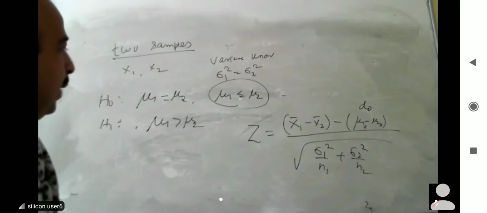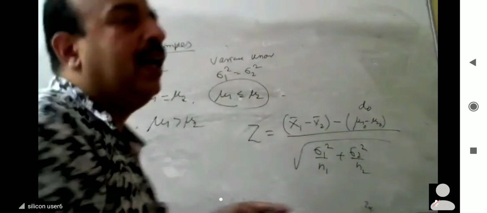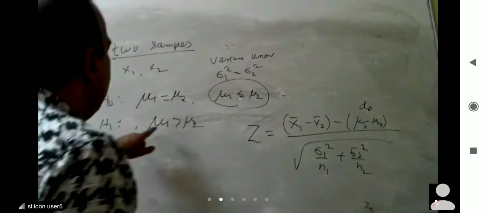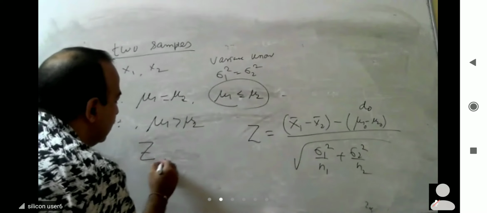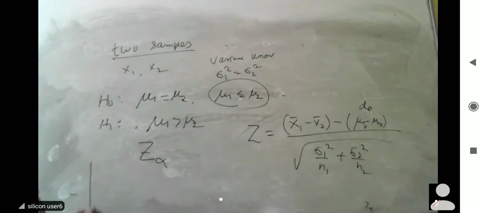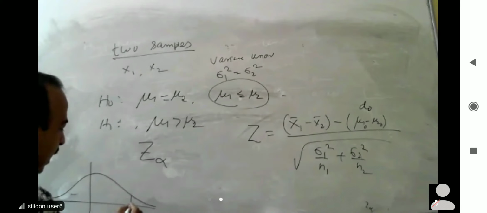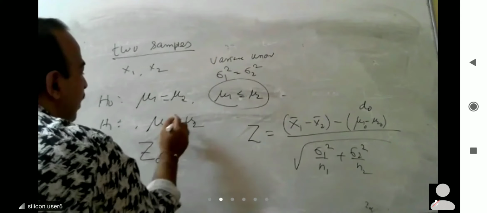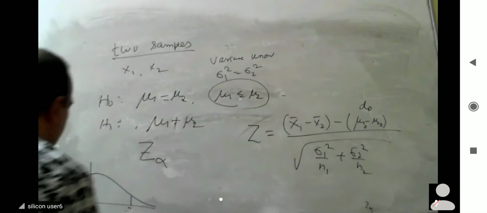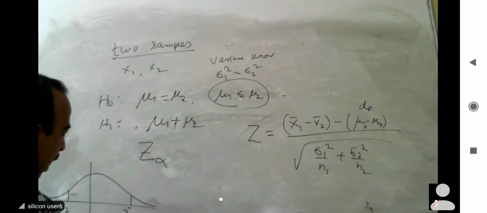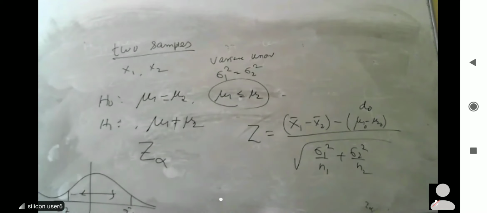Then, if it is two tail, in single tail, as I have already discussed, we will not find the confidence interval. Because if it is a right tail, to test the hypothesis, you find Z alpha, meaning this side, the right tail. If it is a left tail, you find this side, minus Z alpha. If it is a two tail, then you find alpha by 2. This is your interval. Clear?